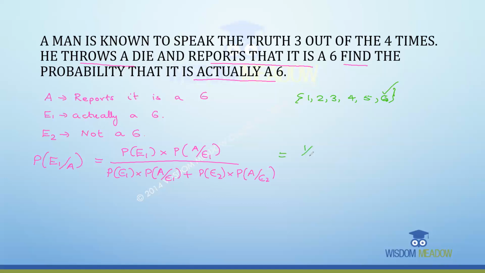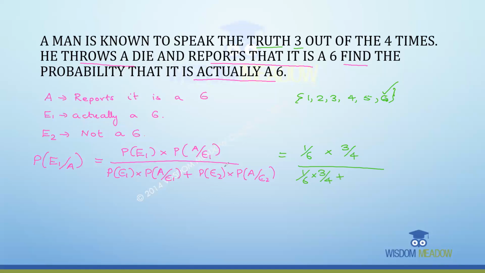So it's going to be 1 over 6 times, given that E1 happened, probability of A. That is, given that it's actually a 6, and then he reports that it is a 6. So basically he's telling the truth over there. The probability of truth is given as 3 out of 4. So 1 over 6 times 3 by 4, because the same term has been repeated,